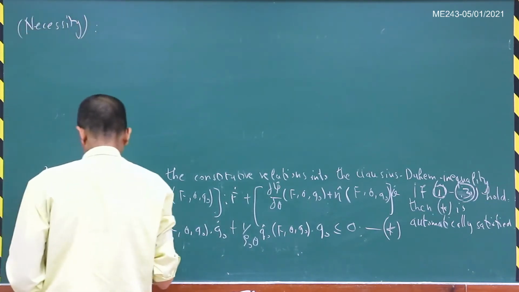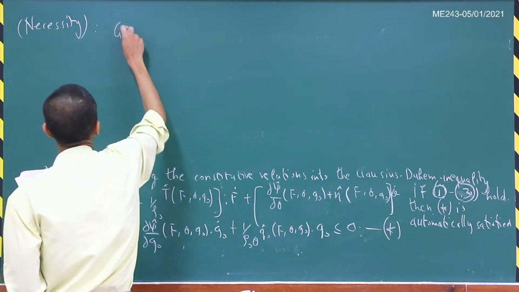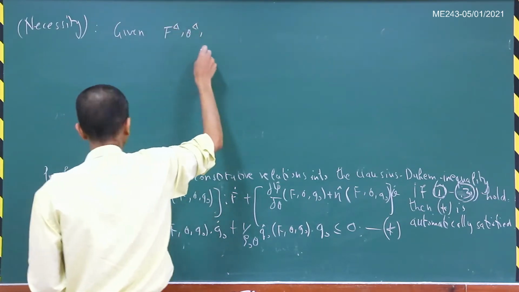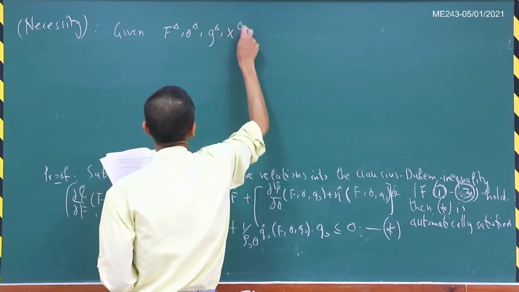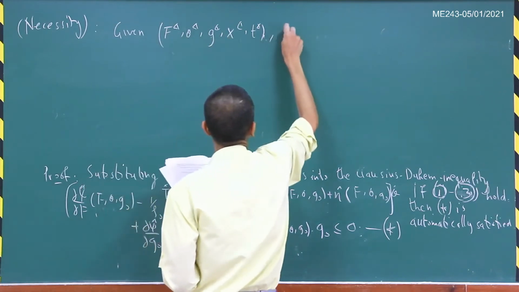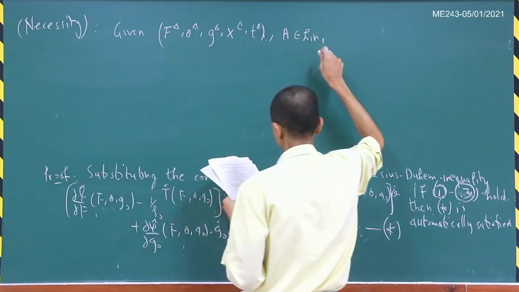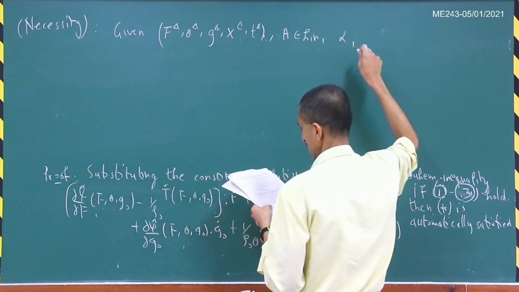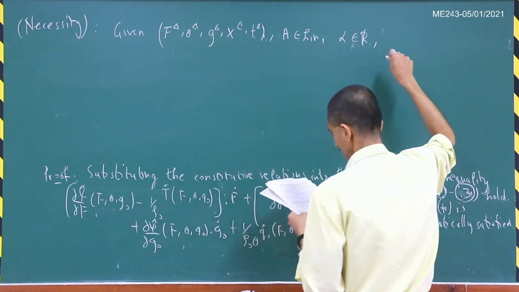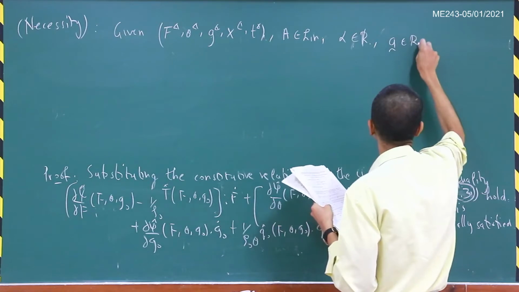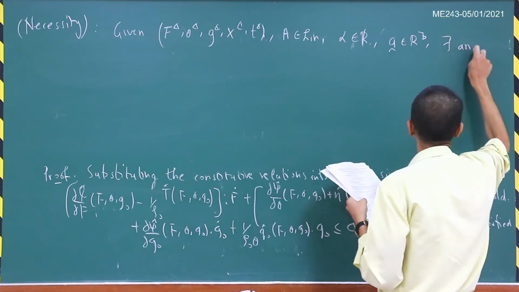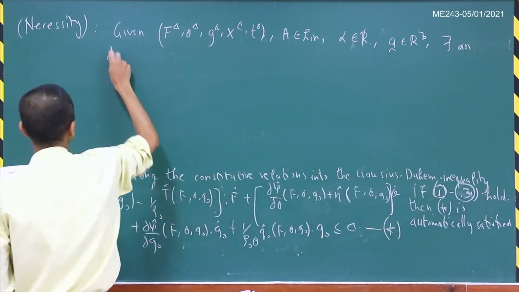So, given F diamond, G diamond, X diamond, E diamond, then A belonging to length alpha, then alpha belonging to R, and vector A belonging to R3, there exists an admissible thermodynamic process